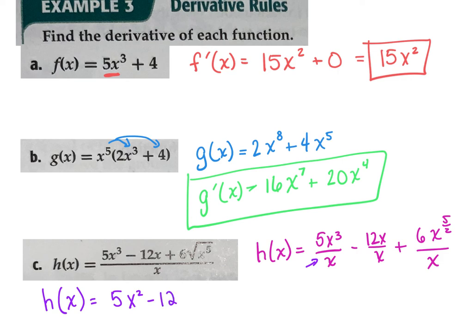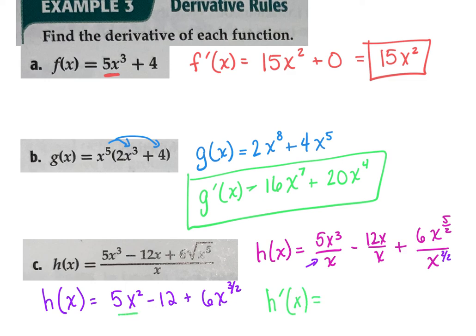Minus, what happens to the second group? Just 12. Plus, I subtract here, right? This is 5 over 2 minus 1, right? So this is going to be 6x to the 3 halves. Now I'm going to take my derivative. Now that I have it looking like that, all right? So then my derivative here,